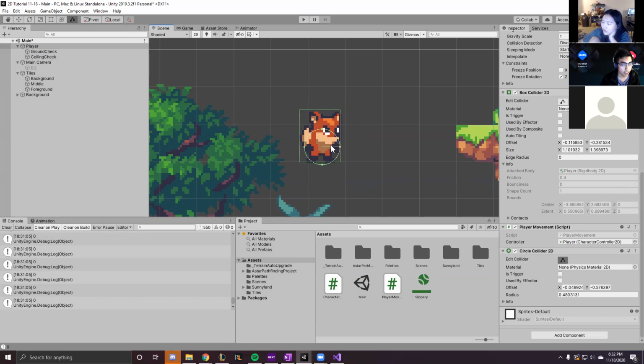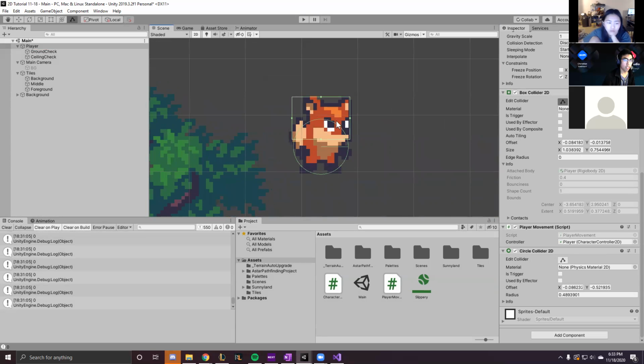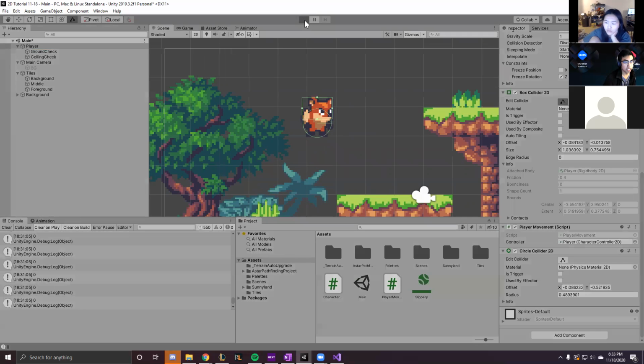Mine's going to be right about here. This is really freeform, it doesn't matter entirely. It just wants to be a little more accurate than the rectangle. Obviously we don't need this rectangle to be here anymore, so we can scale the rectangle to just the player's head for now. And so now we have a hitbox that's a little more accurate than our last one. So if we drop it into our scene again,